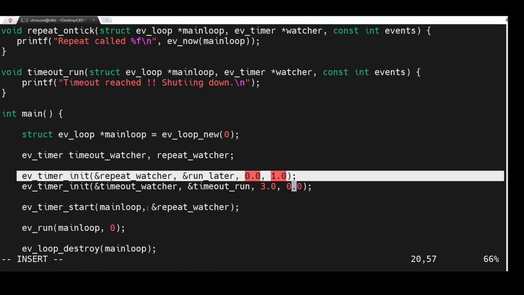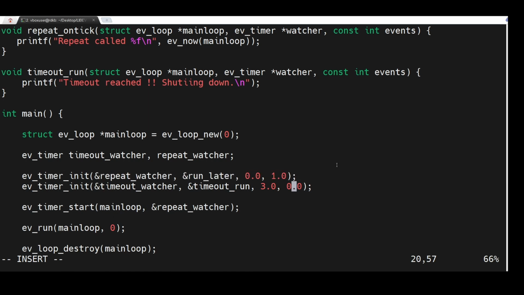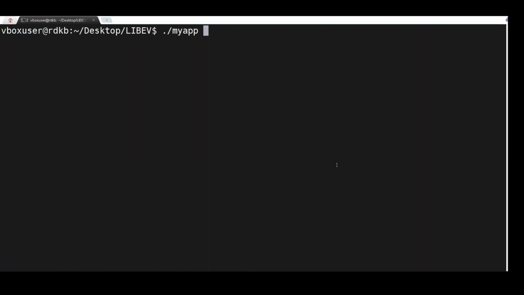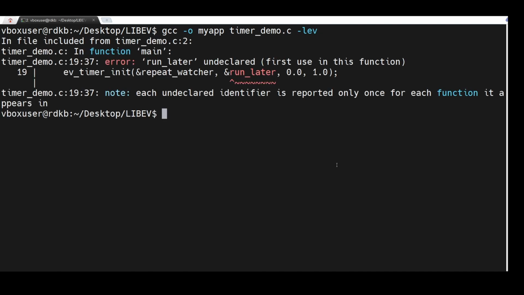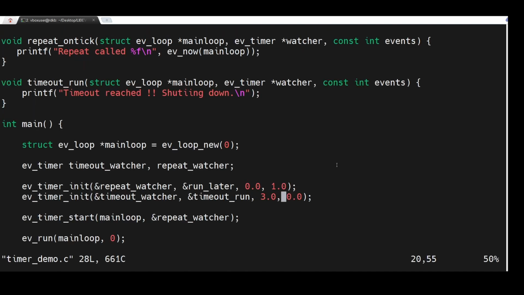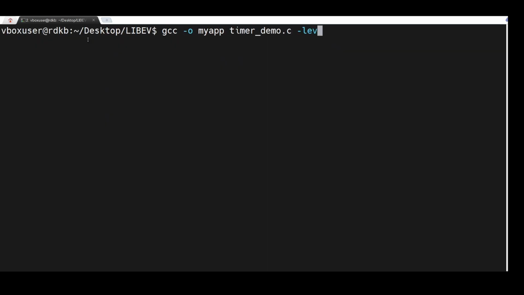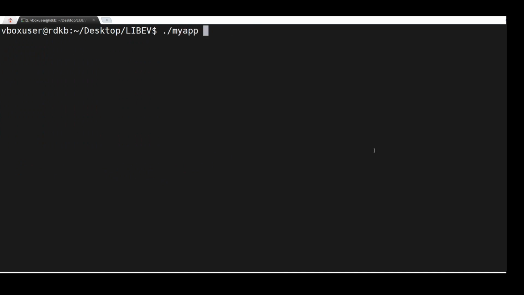Okay. So let's see how it works first. I'll save it and compile it. I got run later. Okay. So where is run later? Here. So we'll change it. We'll take repeat on tick here. And now I save it. If I compile it again and run it,